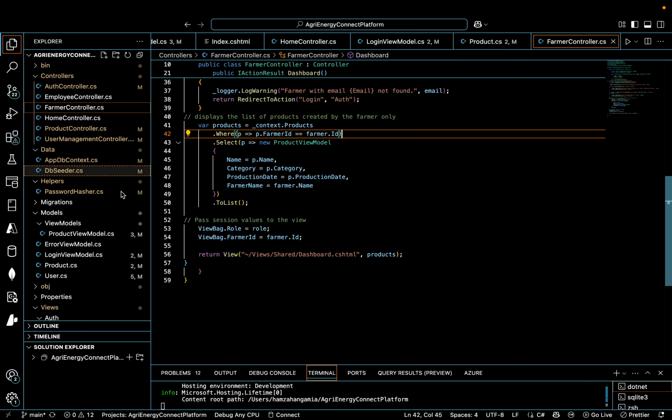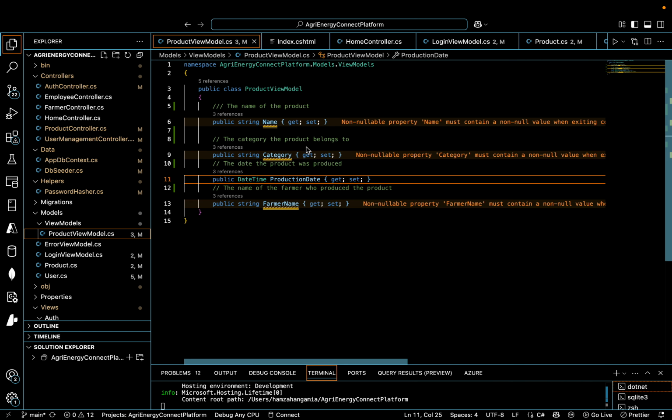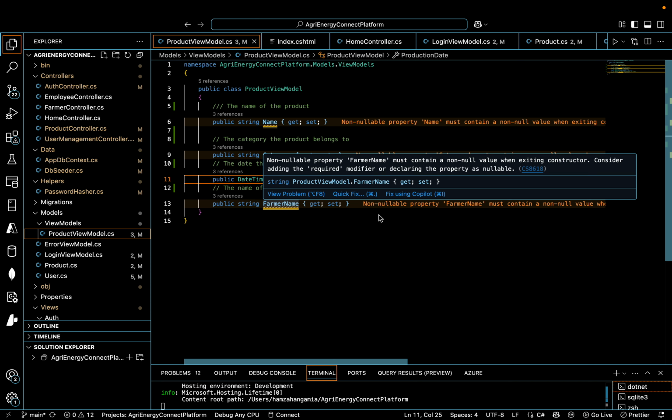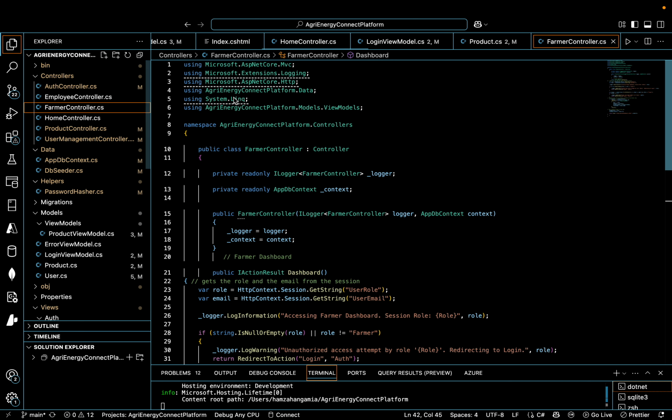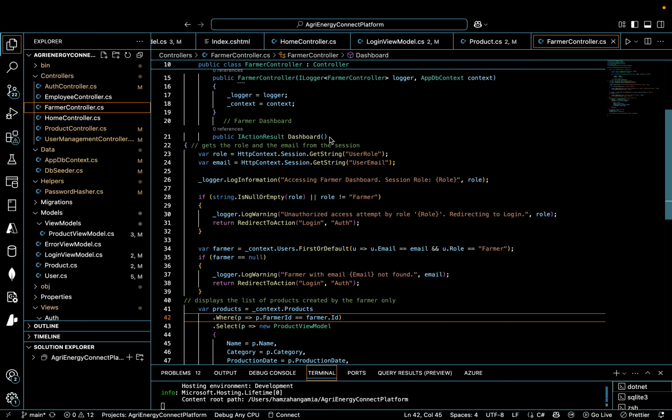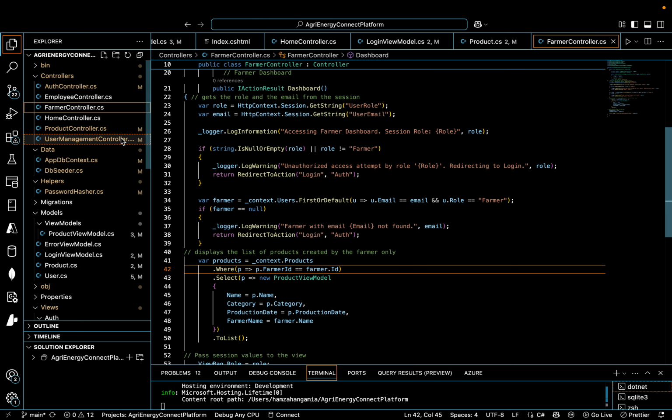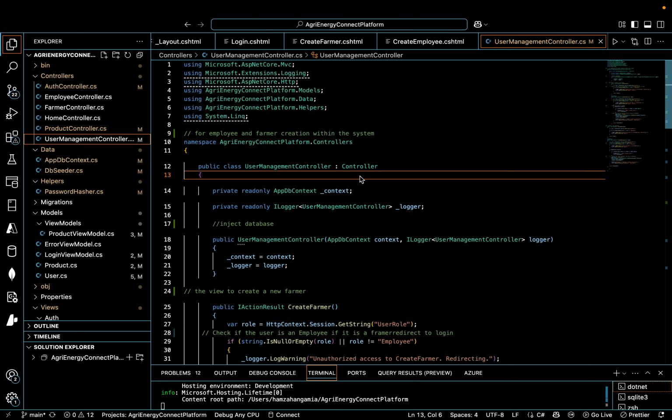This obviously uses the products view model. As you can see, the name, the category, the production date, and the farmer name is what will be viewed. And then obviously in the farmer controller, I inject the database and also my checks to make sure that only a farmer or an employee sees their specific stuff. And then this is now assuming that an employee either selects